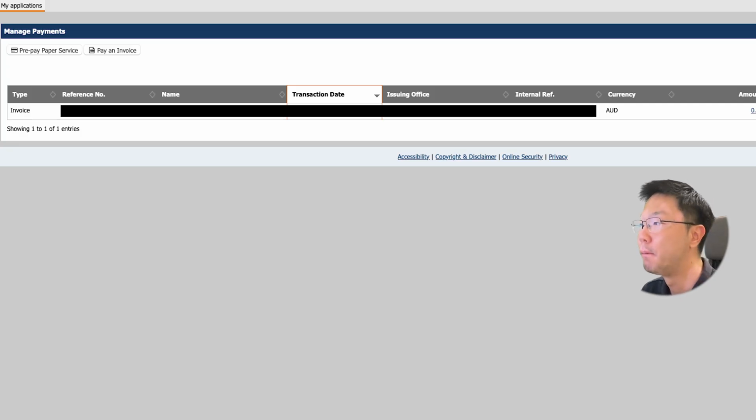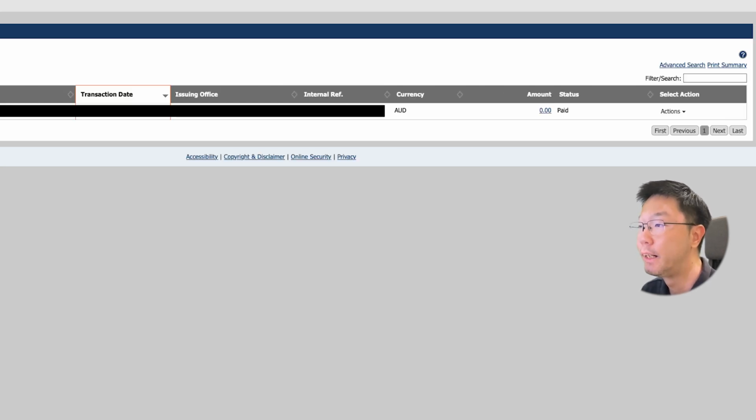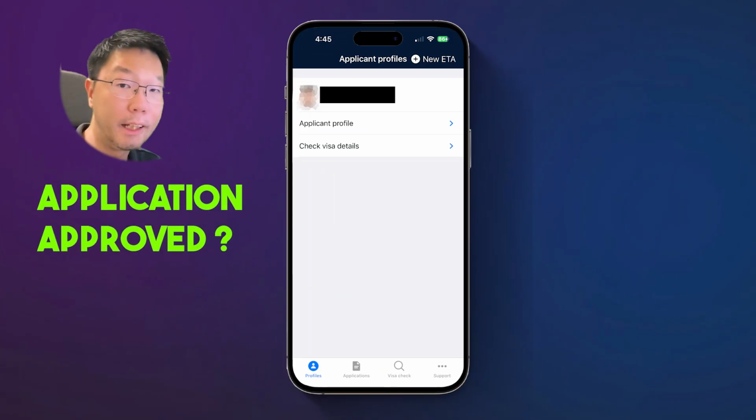After you attach all the relevant documents, you can proceed to the next part, which is supposed to be payment, but because you have already paid earlier in the ETA app, here is just for your record. And then finally, when your ETA application has been approved, in your ETA app, again go to profile and then go to check visa details,